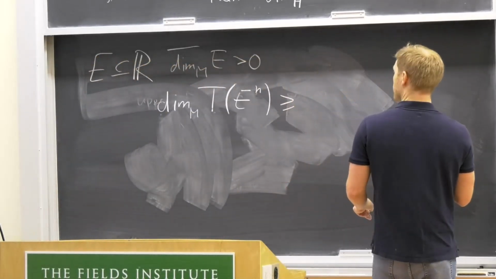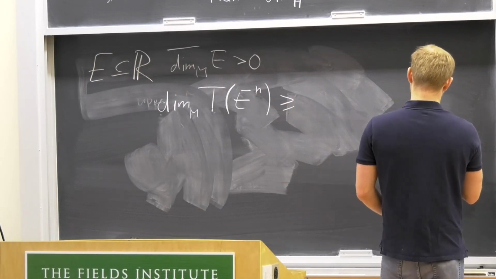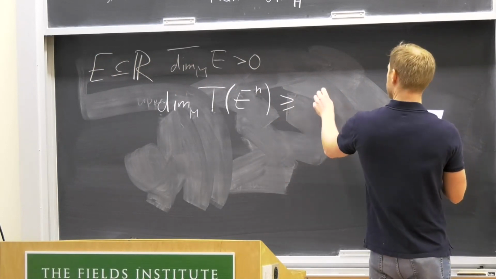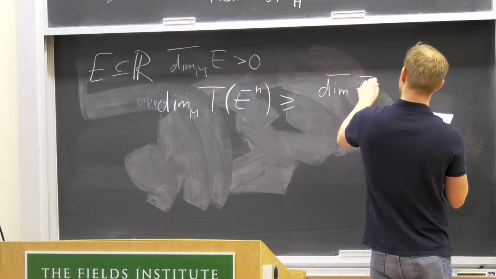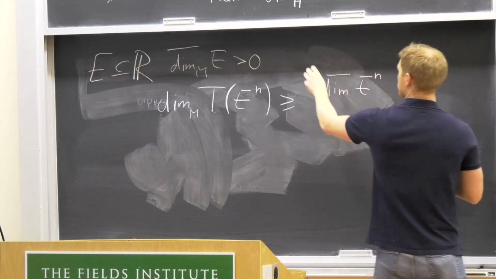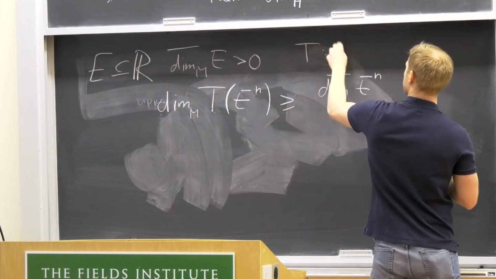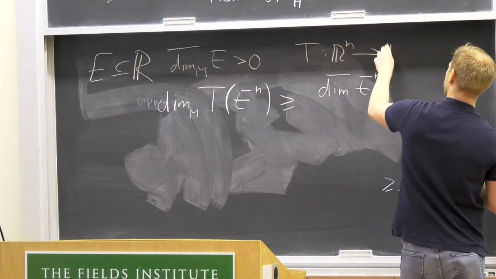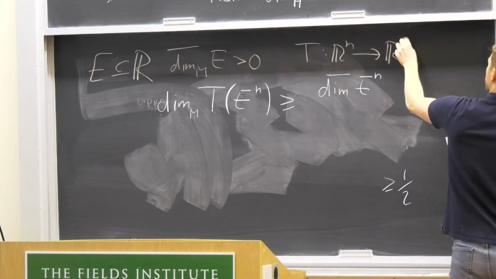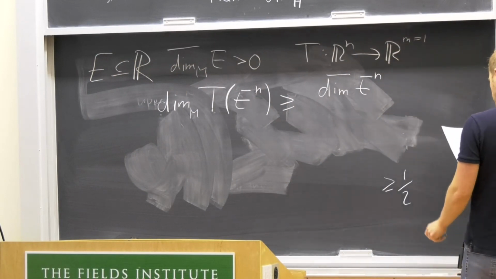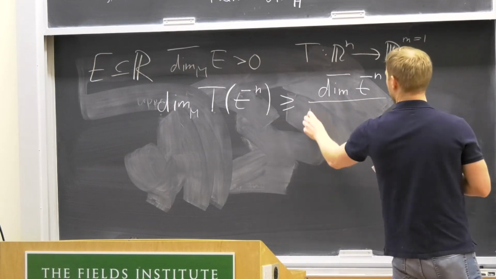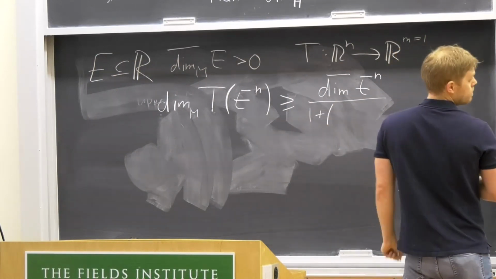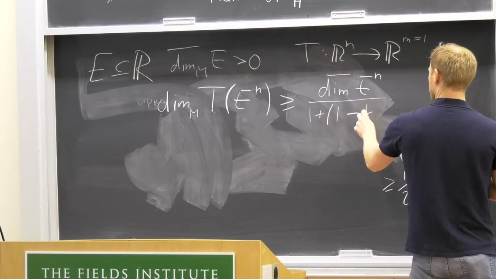So this is larger or equal to the upper Minkowski dimension of E to the N. And I should also say we always want to project down to R, so the M we have up here is 1. So this is then larger or equal to 1 plus 1 divided by 1 is 1 over N